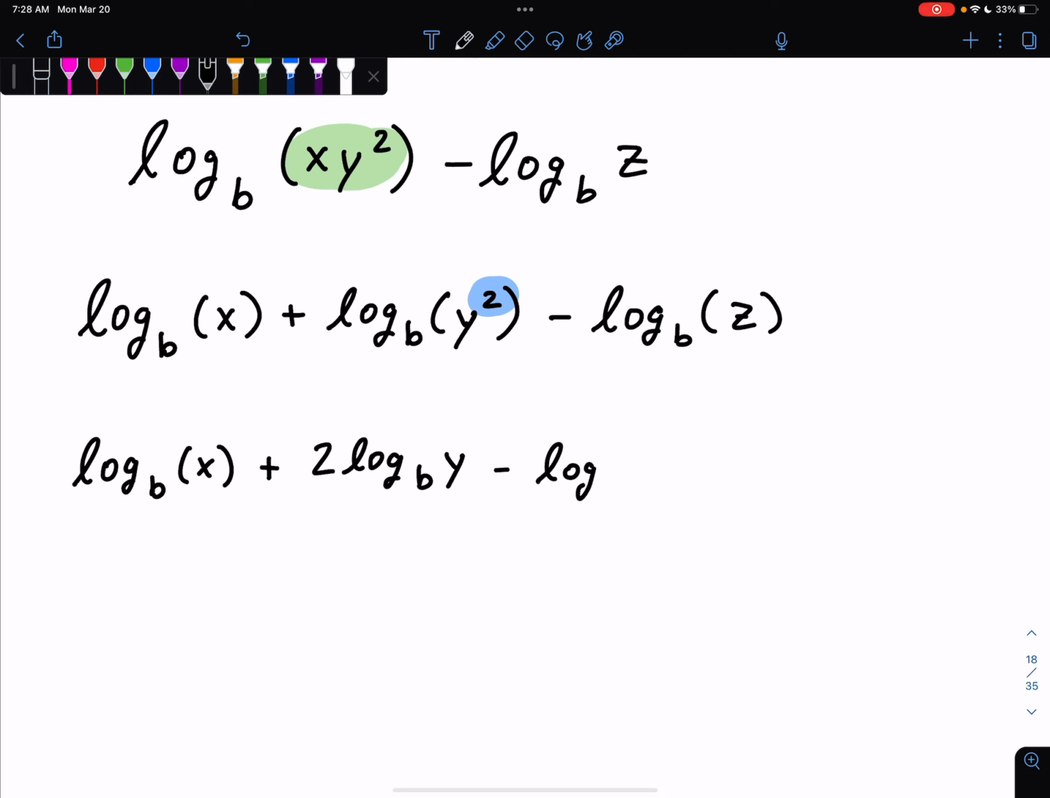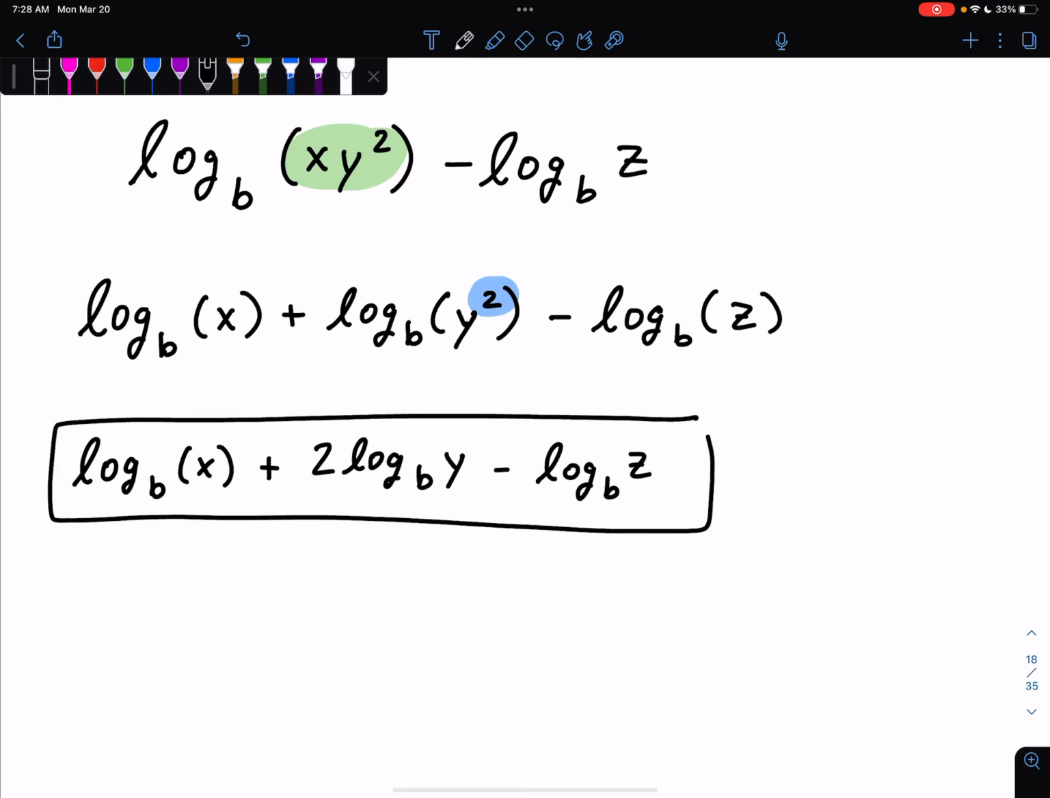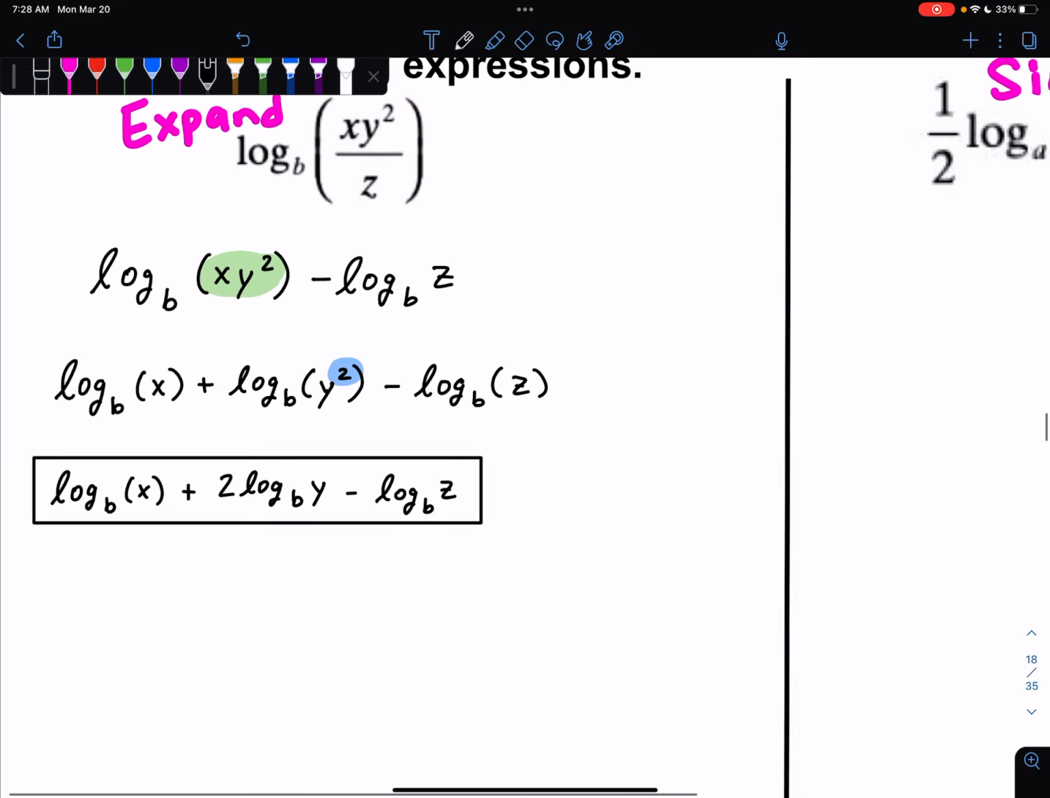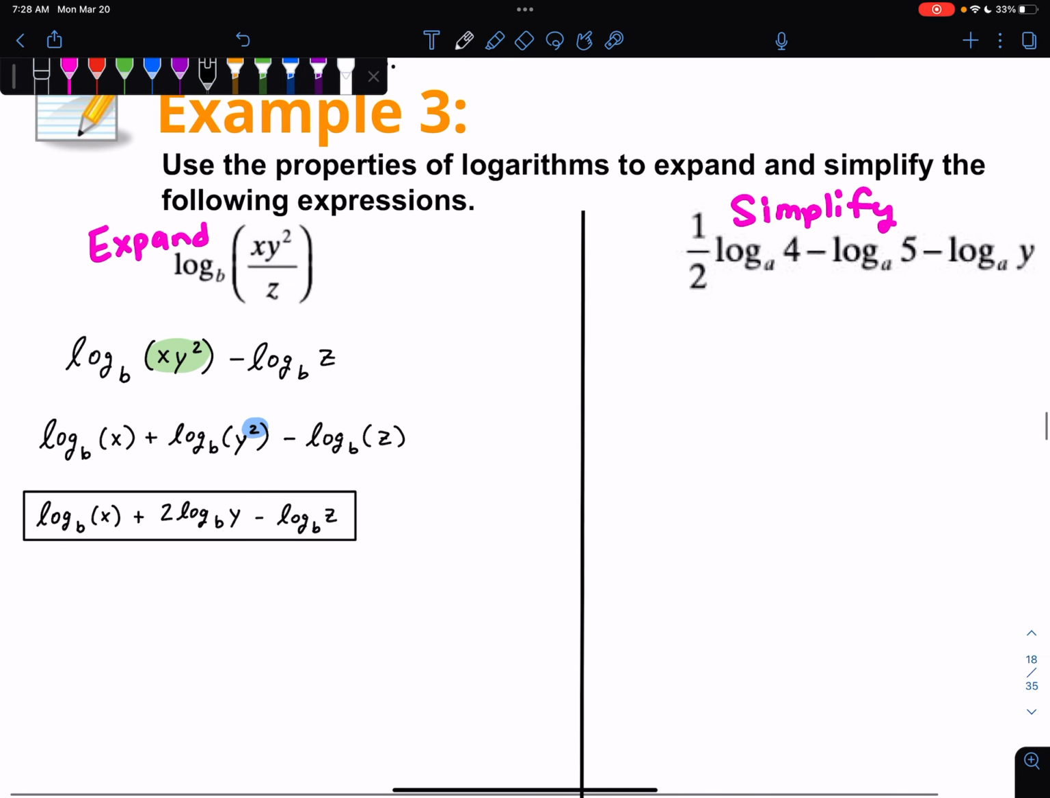Minus log base b of z. Okay, and this one is done. That's it. It's expanded. Can't expand any further. I am done. I do want to say real quick here while we're doing these problems, be careful how you